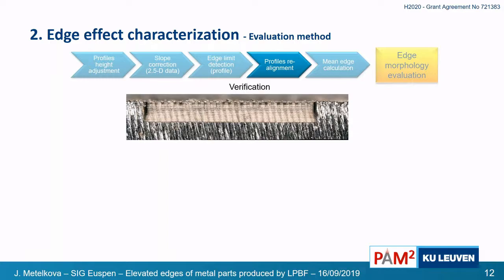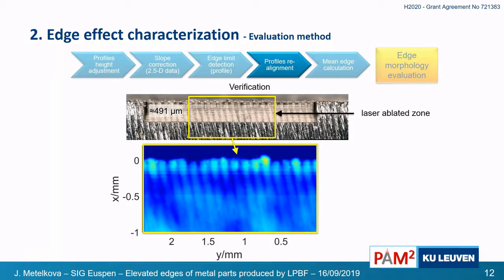And how we checked that what we are measuring is good enough for our needs is that we took a part with a laser ablated zone, as you can see there, with an approximate width of 491 microns. And then on the middle zone, we proceeded to this kind of measurement. And there we could then distinguish the start of the laser ablating zone and the end, the detected edge limit,